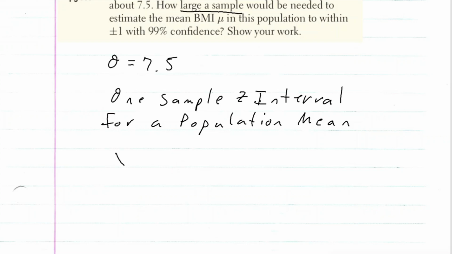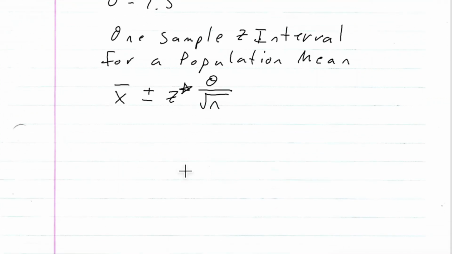It would be the sample mean plus or minus the z, the critical value corresponding with that 99% confidence interval, times the population standard deviation over the square root of n, the number in the sample size. All right, so I'm going to make a little note here. Note,